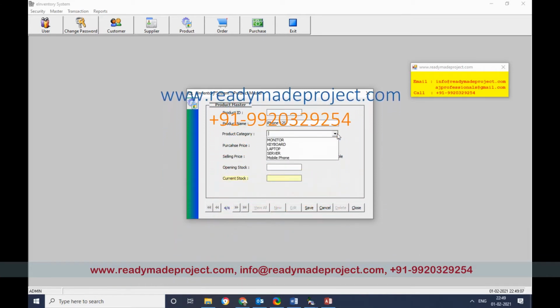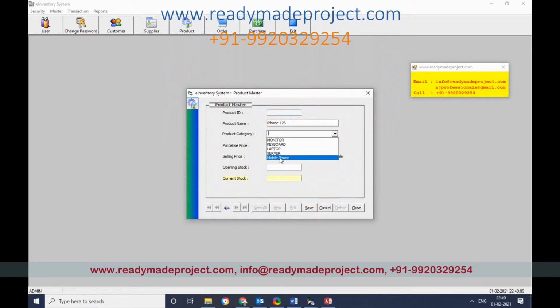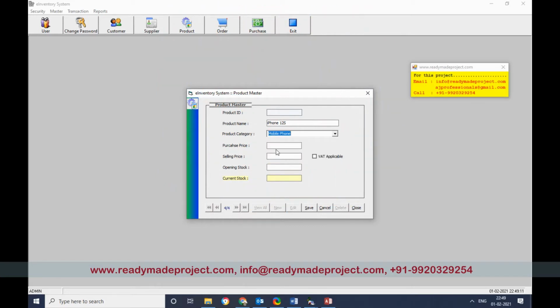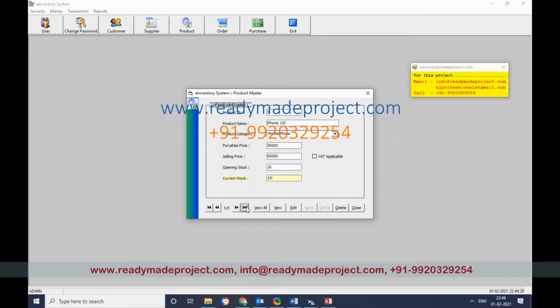Product category, we have added the new category, mobile phone. Purchase price, I can give 50,000 and selling price is 60,000. Then how many products you have at the opening. 10 products I have. Click on save. So the new product is added. So I want to add another mobile phone.